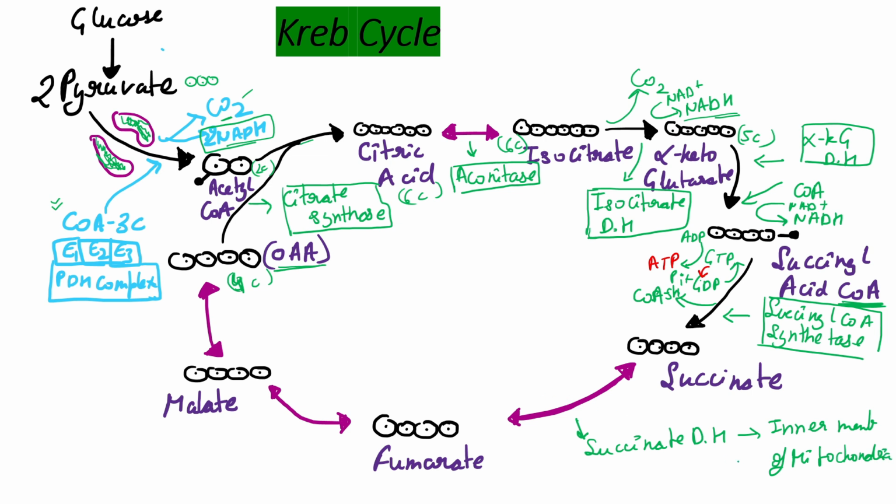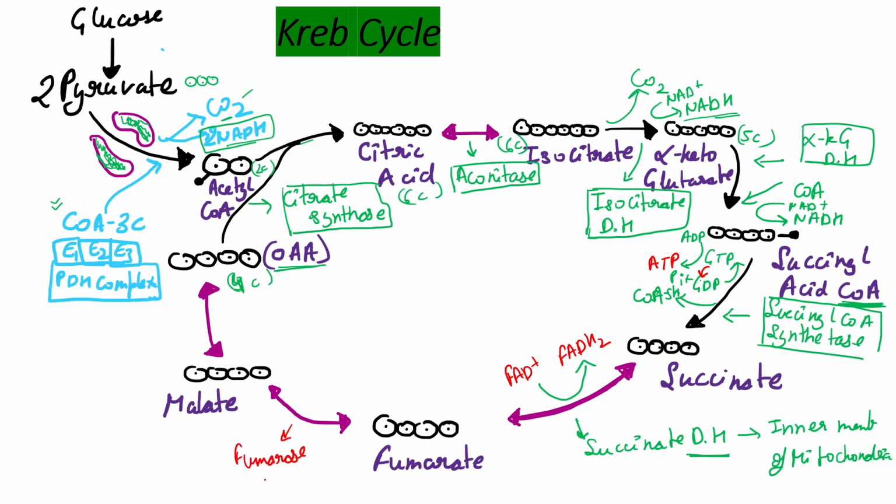Dehydrogenase means that hydrogen is taken away. So in this step also the FAD positive molecule would be converting into FADH2, right? In the next step fumarate is converting into malate, and the enzyme which is involved is known as